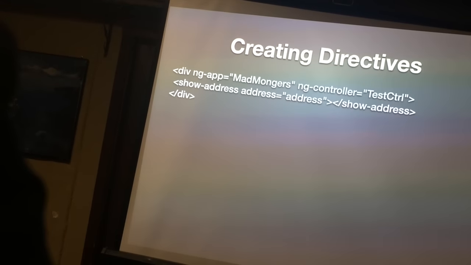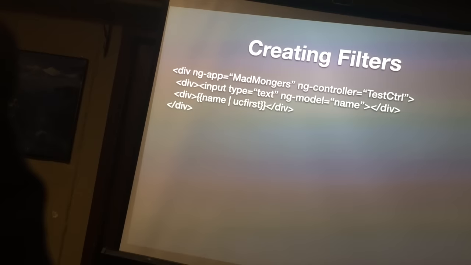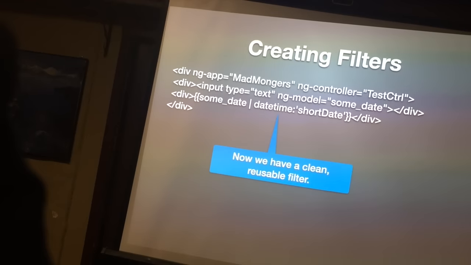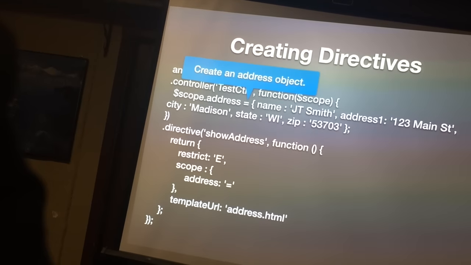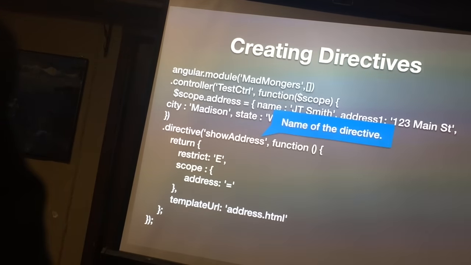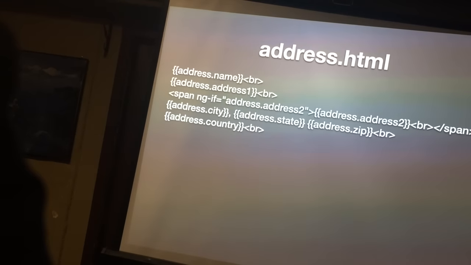So this is how I would go ahead and use that then. We just have our ng app, ng controller, just like before. I've got my new show address tag. And I actually want to back up here for a second. Went way too far. Okay. Note the directive name here. It says show address with an uppercase A. See that? Okay. So moving back over to here,